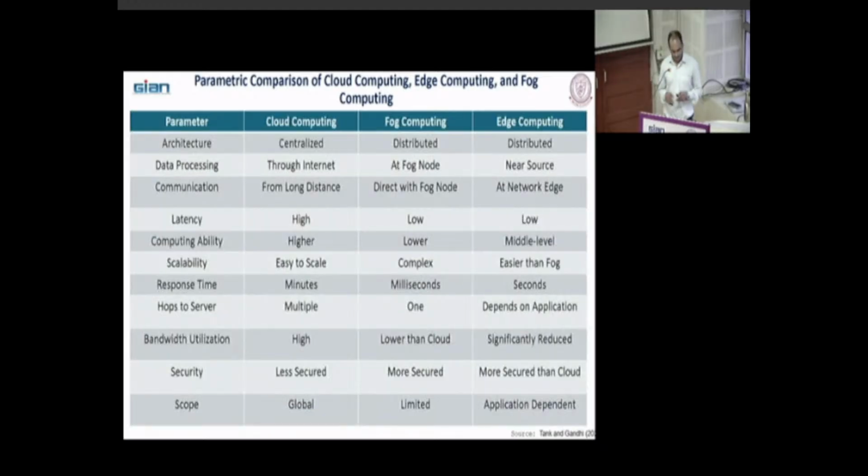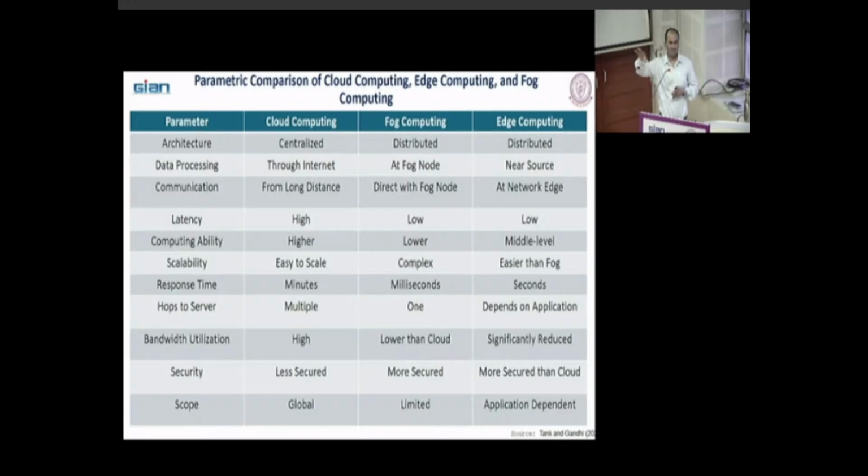So now, what is the parametric comparison of these three technologies: cloud, edge, and fog. The first parameter is architecture. Cloud computing has a centralized architecture. Alexa takes your command and sends it to the cloud.